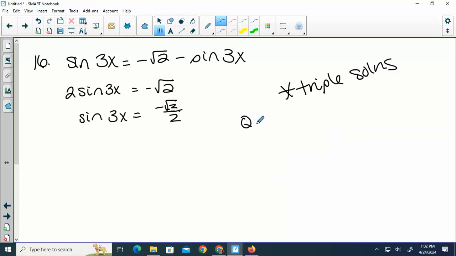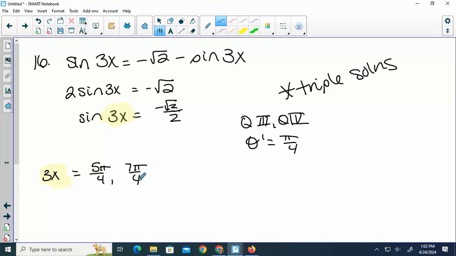Quadrants. When is sine negative? 3 and 4. Reference angle. When is sine radical 2 over 2? Pi over 4. So my angle, which was 3x, could equal pi over 4 in quadrant 3 would be 5 pi over 4. In quadrant 4,